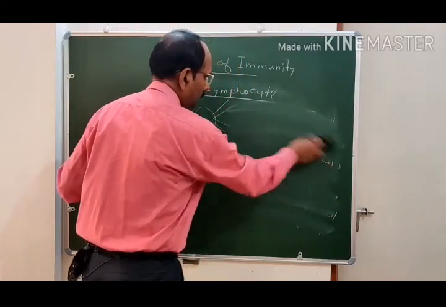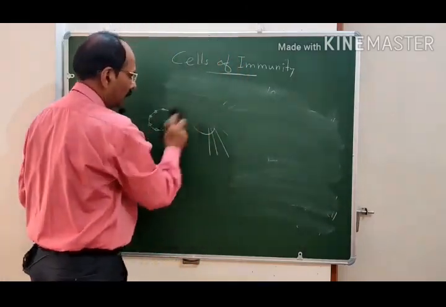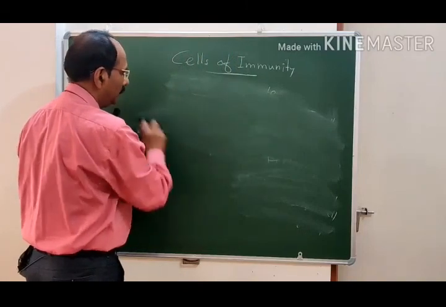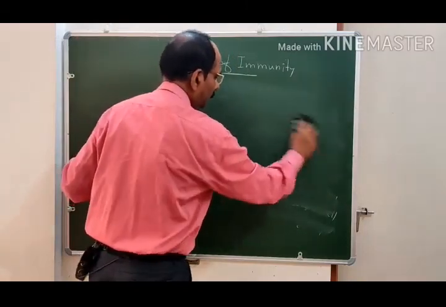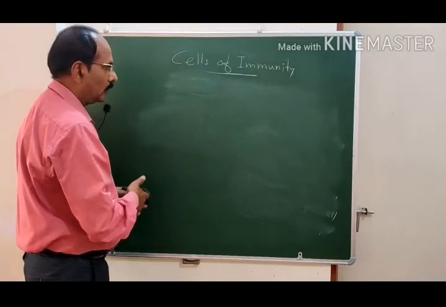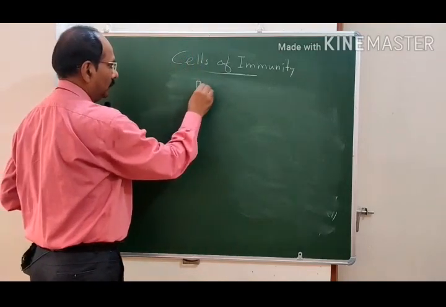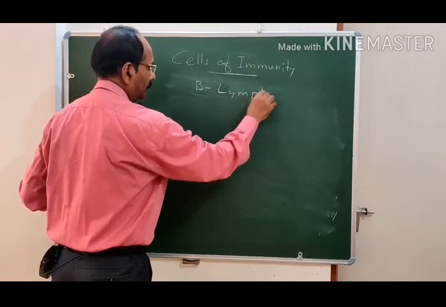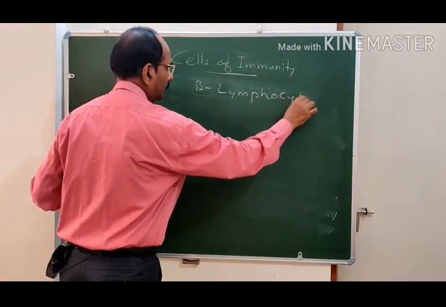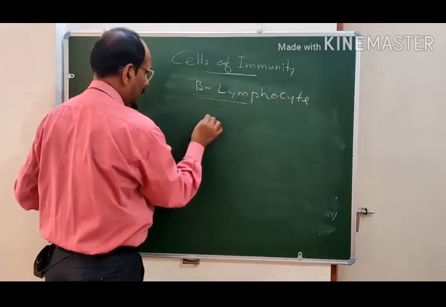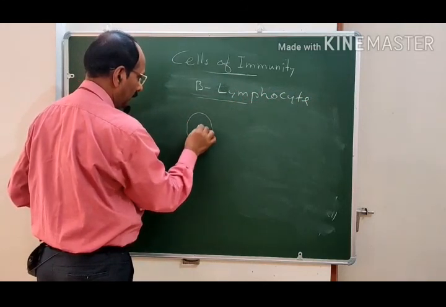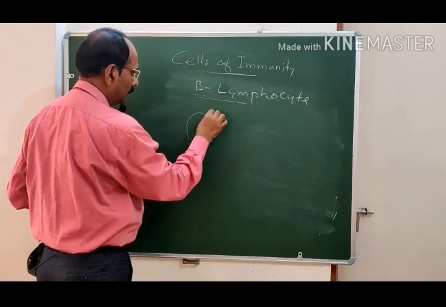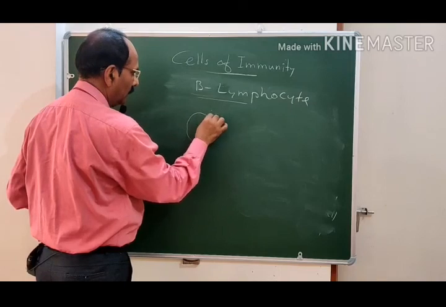So the B lymphocyte is the lymphocyte that matures in the bone marrow, hence it is known as a B lymphocyte. When this B lymphocyte encounters a microorganism, we are studying the B lymphocyte. Suppose this is the B lymphocyte, and it comes into contact with